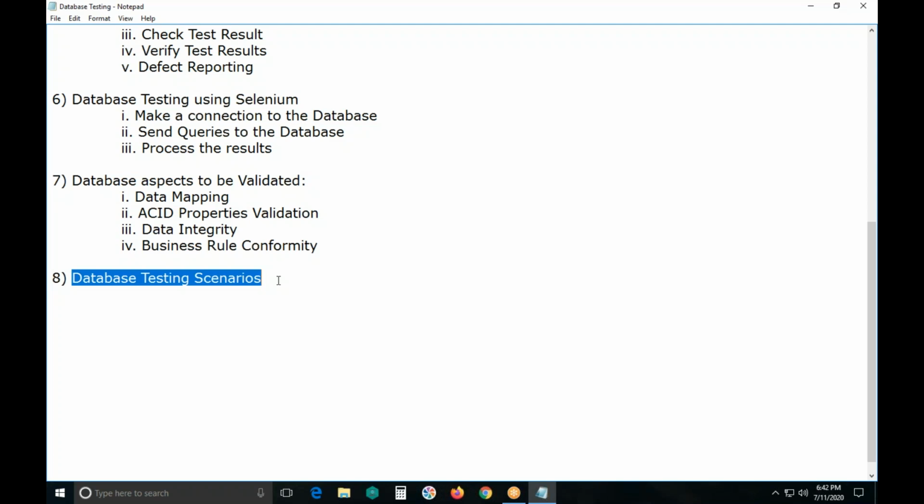Next, input field leading and trailing spaces should be truncated before committing data to the database. Next, null value should not be allowed for the primary key column. Next, verify the data inserted from the UI is reflecting properly in the appropriate table. These are the concepts of database testing for beginners.